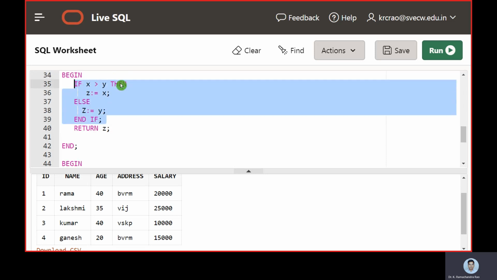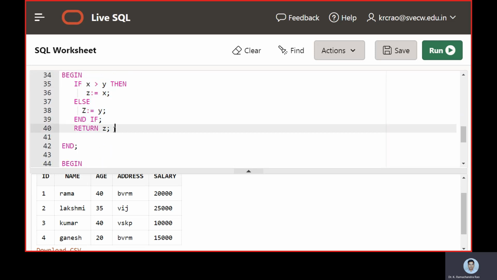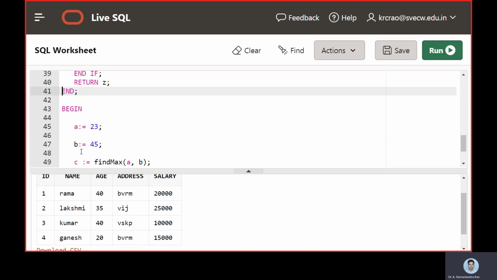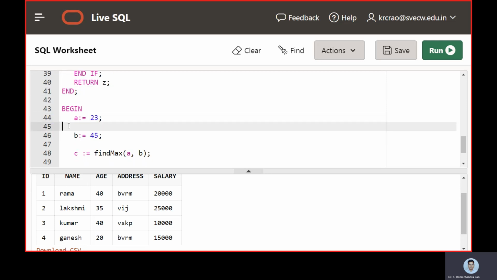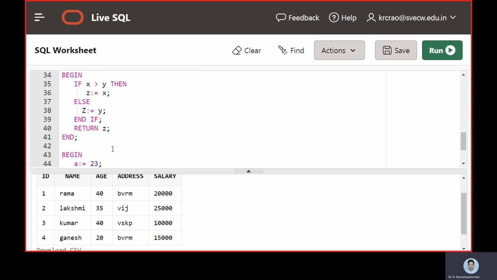So if condition, then true, else false, and it is terminated with the end if. And finally function, it is going to have a return type, that is z, so where the value is going to be dumped into it. So now we have these primitives.